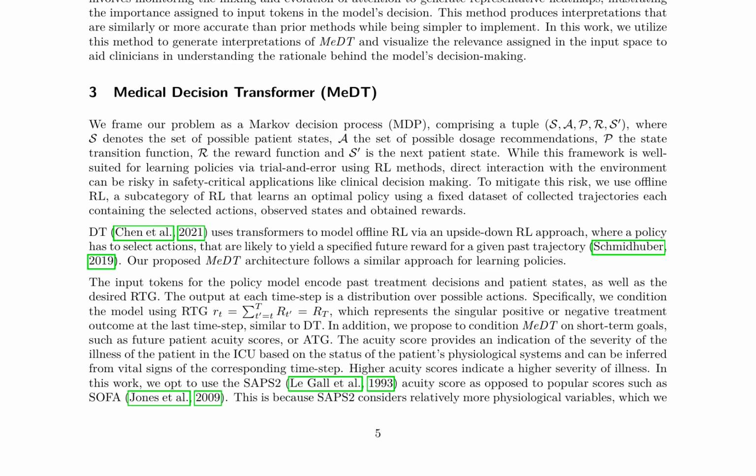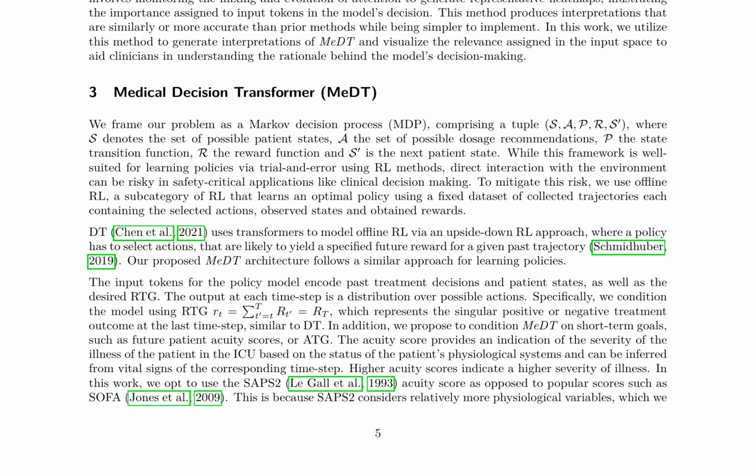The proposed medical decision transformer, MeDT, architecture follows a similar approach to DT, using transformers to model offline RL via an upside-down RL approach. The input tokens for the policy model encode past treatment decisions and patient states, as well as the desired return to goal, RTG. The output at each time step is a distribution over possible actions. The model is conditioned using RTG, which represents the singular positive or negative treatment outcome at the last time step,